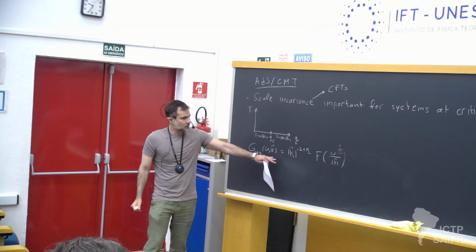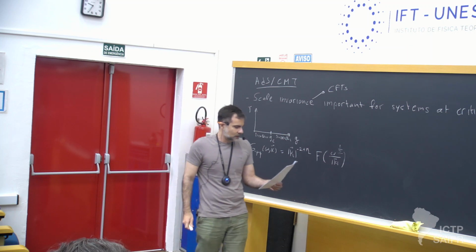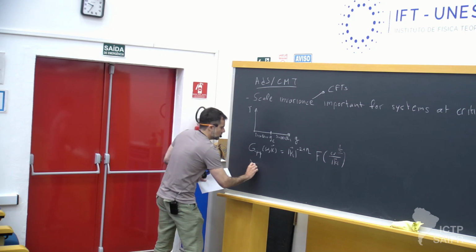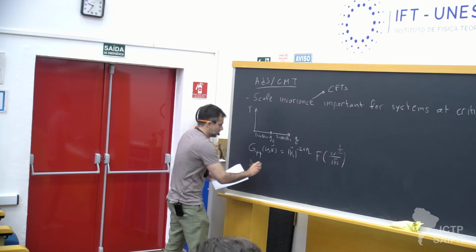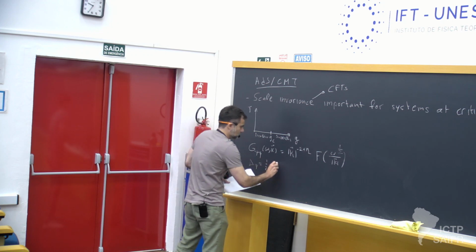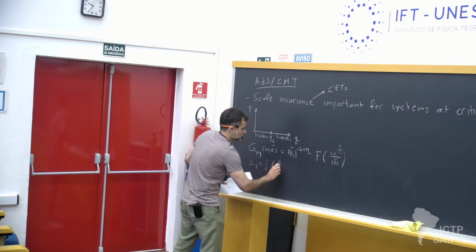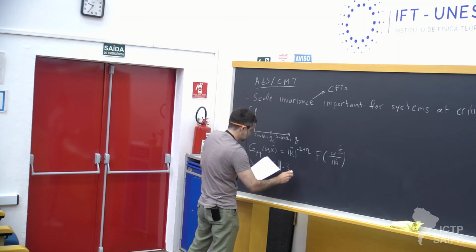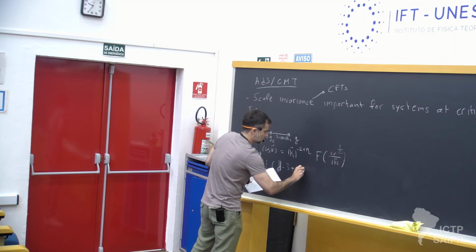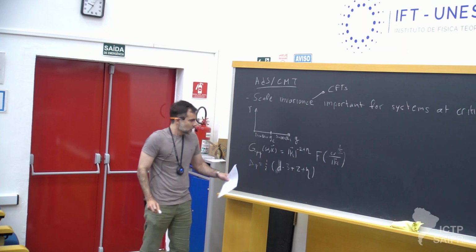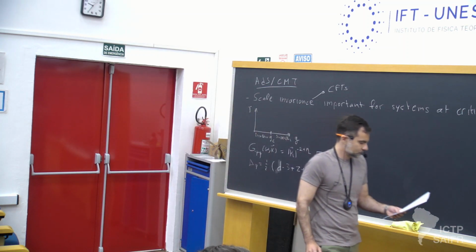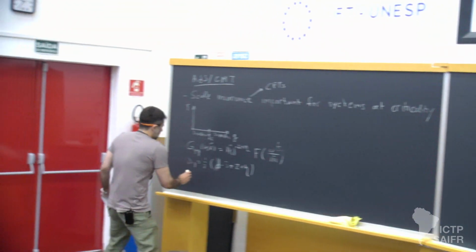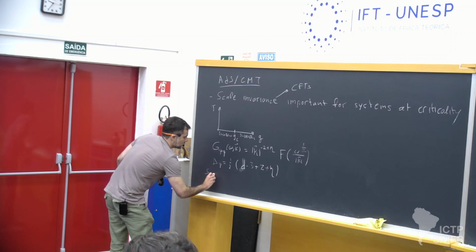And what is hiding behind this relation is that this eta is related to the dimension of the operator psi according to this. So if you are in d dimensions, which includes time, then the dimension of the operator psi will be d minus 3 plus z plus eta. So what hides in this scale invariance for the Green's function is that there is a secret scaling of space-time,